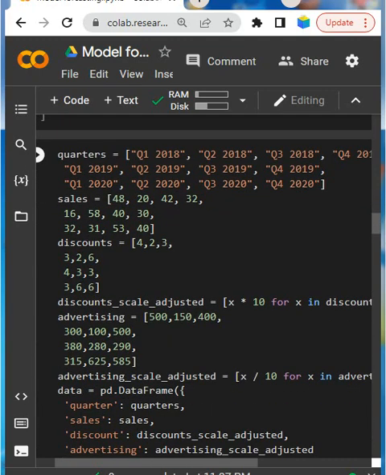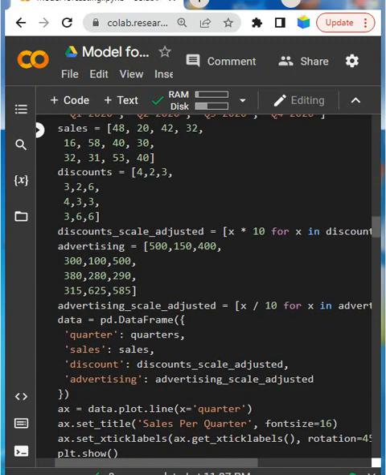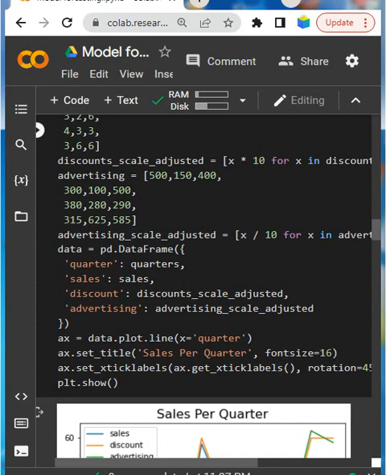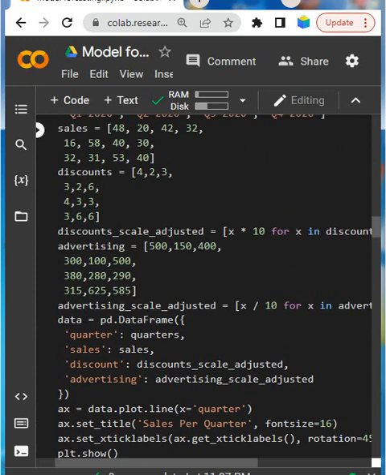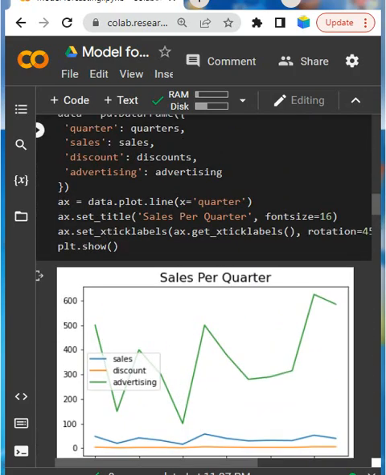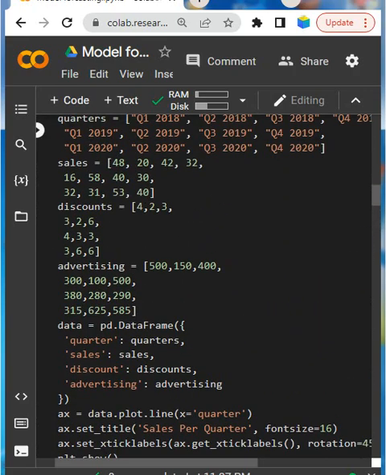I have taken the same four things again here, but now I am going to apply something. All the things have been taken the same, but only what happened is in the previous data, because advertising is a big amount.